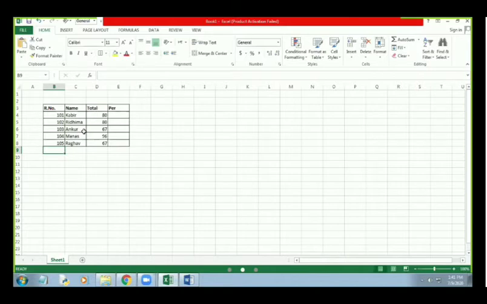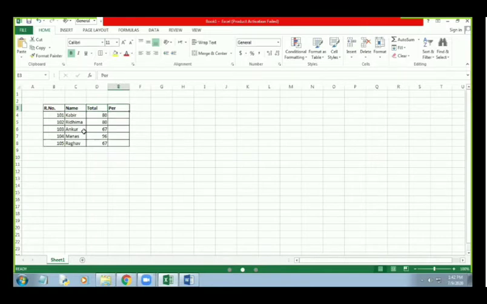Or if we need an entry between 104 and 105? In this sheet we have also calculated the roll number, name, total, and percentage.